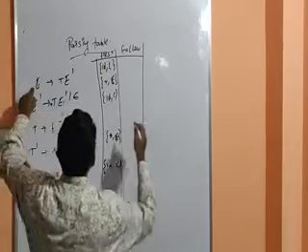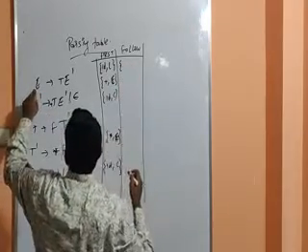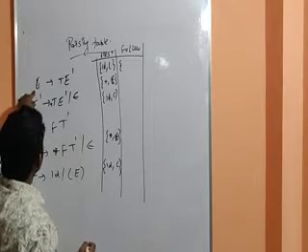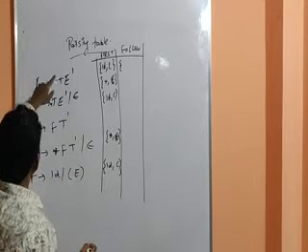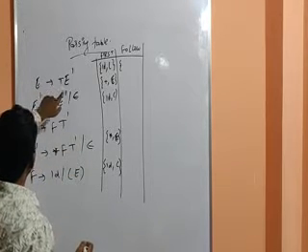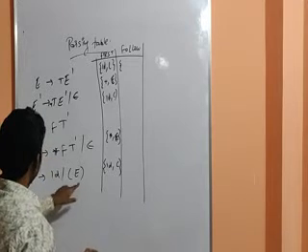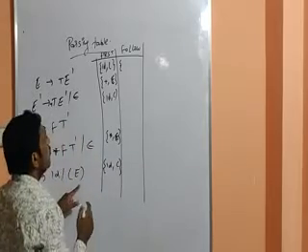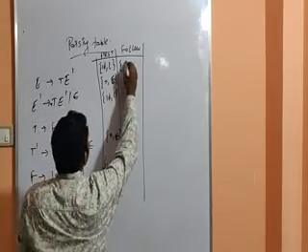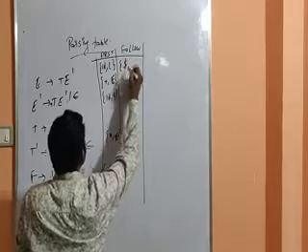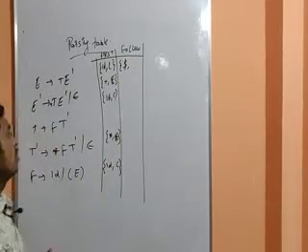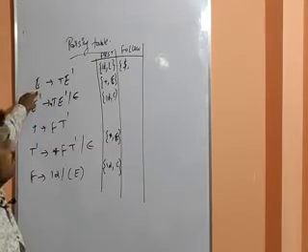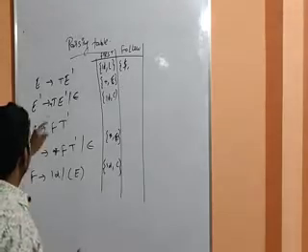So now see the follow. First, what is the variable I am having here? Capital E. Now you check where capital E is appearing in our complete grammar. One thing while doing the follow is that for the first variable you have to mention the dollar symbol first. Why? Because this is the starting variable, so you have to keep the dollar symbol. So in the follow of E, we keep the dollar symbol.